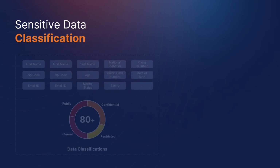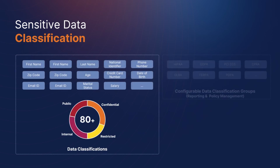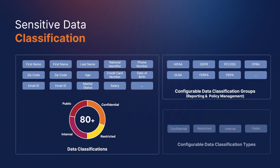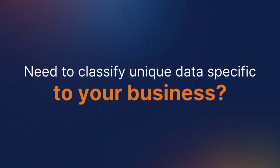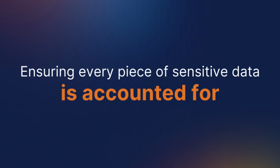data. With over 80 out-of-the-box classifications, Mage ensures compliance with global privacy regulations like GDPR, CPRA, HIPAA, PCI DSS, DPDP, PDPL, etc. Social security numbers, credit card details, medical records, you name it, Mage has it covered. What sets Mage apart? Flexibility. Need to classify unique data specific to your business? Mage lets you fine-tune, extend, or create entirely new classifications with ease, ensuring every piece of sensitive data is accounted